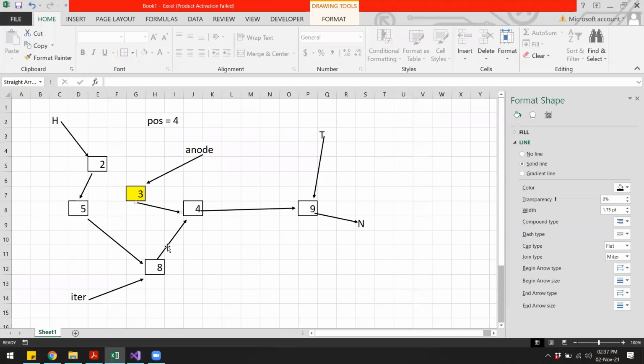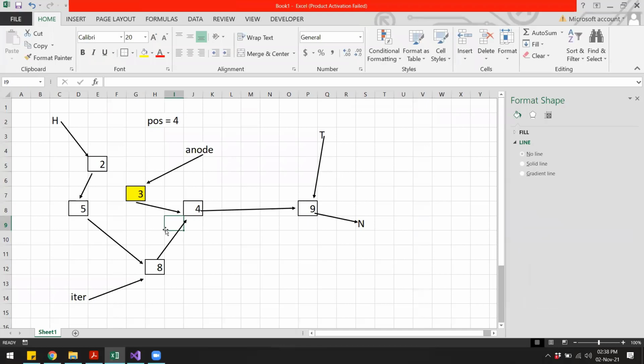At this point, this pointer will point to the node with value 4. And then what is left? Well, we just have to now delete inode, right?